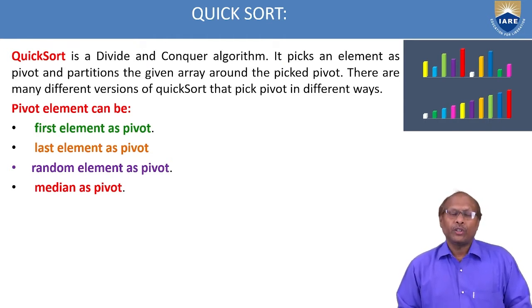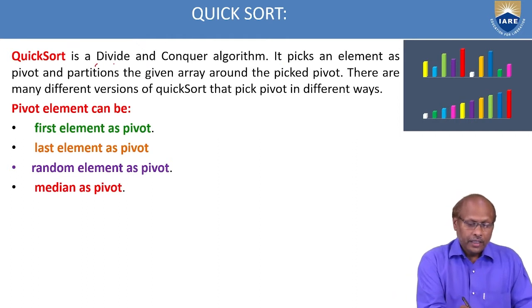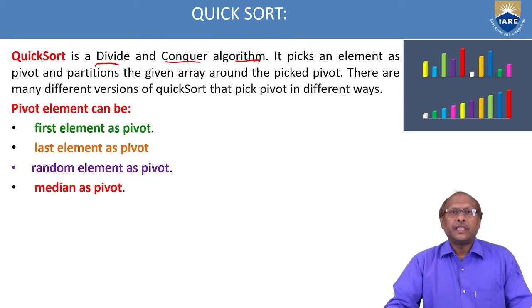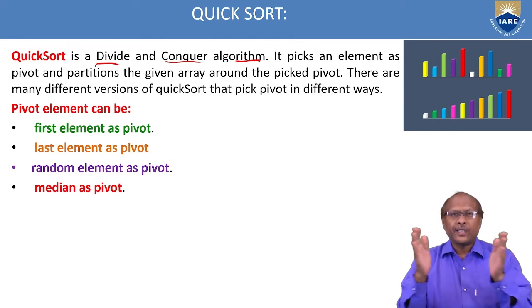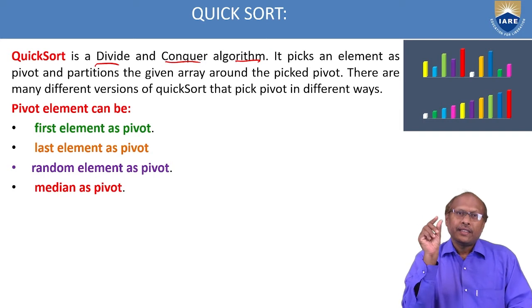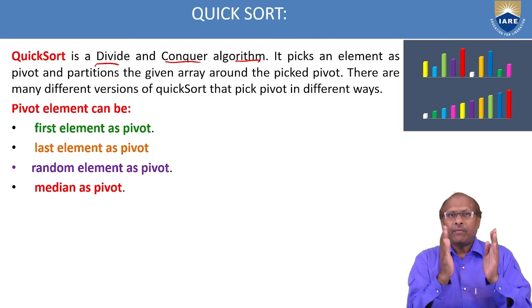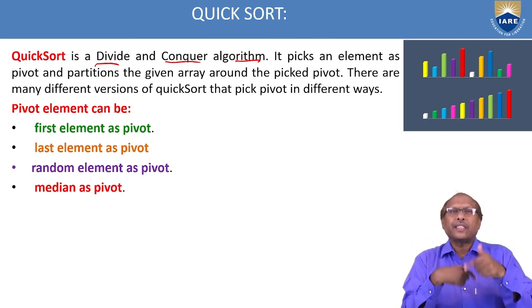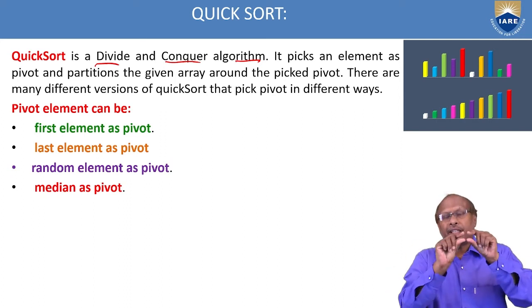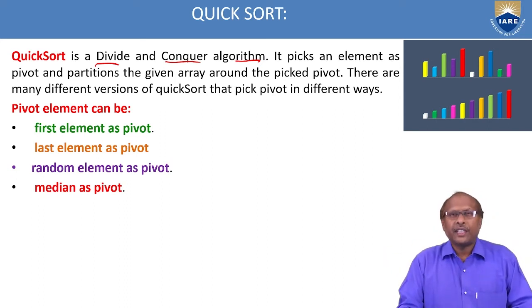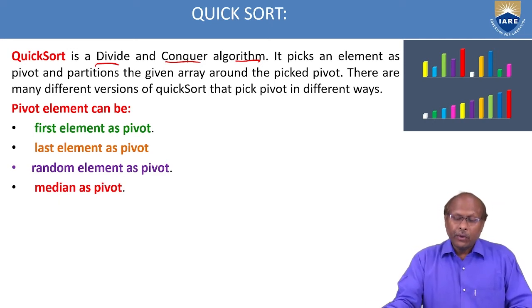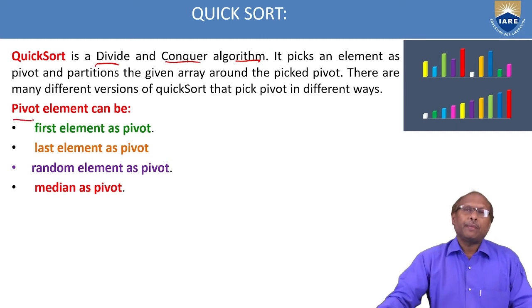Before that, recall that in the previous session you have seen the general concept. Now again we will recall what Quicksort is. Quicksort is a divide and conquer algorithm, which mainly divides the whole dataset into two parts and finds the exact position for the pivot element. After dividing the data into two parts, every division follows the same process until all the elements are arranged in order, either descending or ascending. Anything is okay. The main point is how to find the pivot element.